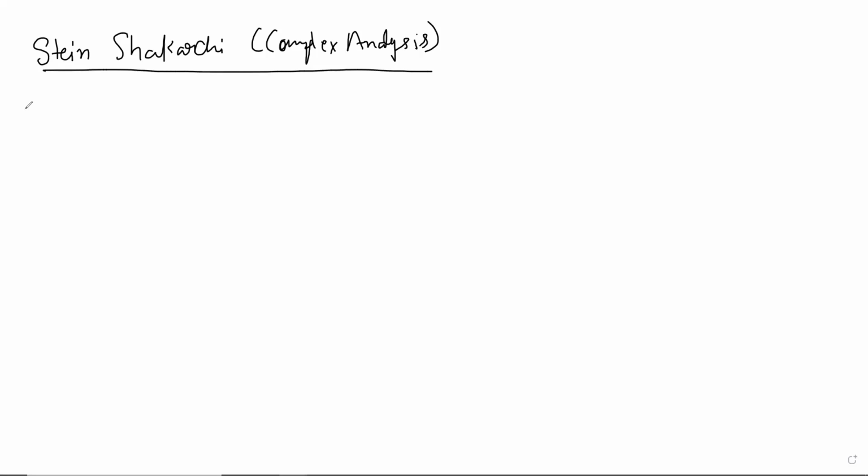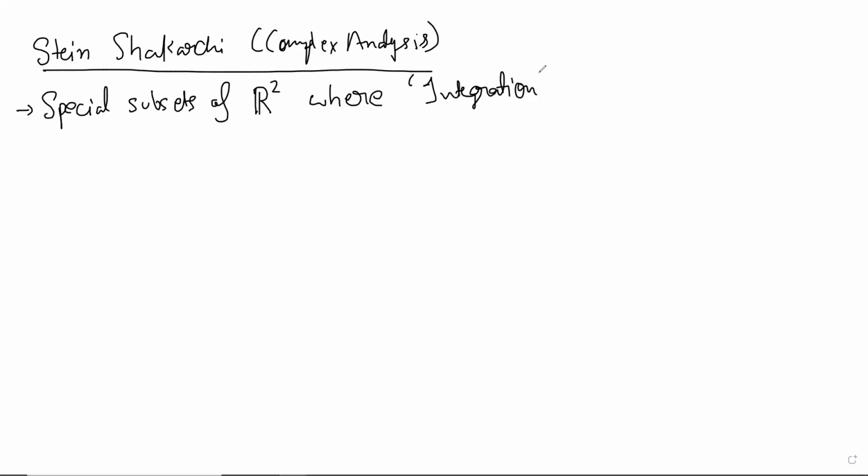So we are at a place where we need to study special subsets of R2. Where, surprisingly, where integration, we will need a lot of this, where integration can be done. And it has a certain other good features. So what is that special subset that we are trying to understand? I'll mention that, but before that, let me say that we will first